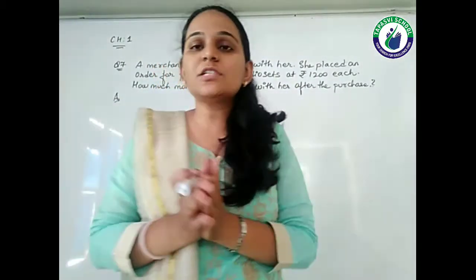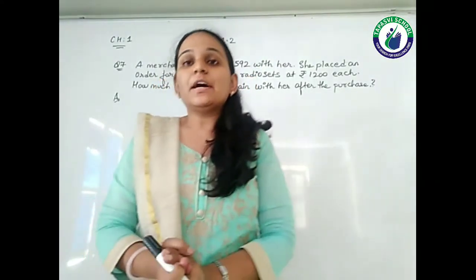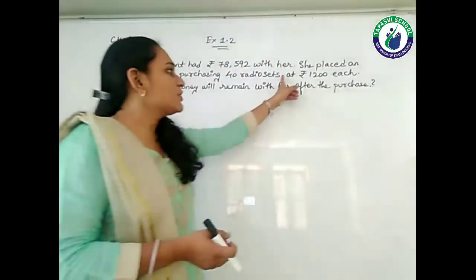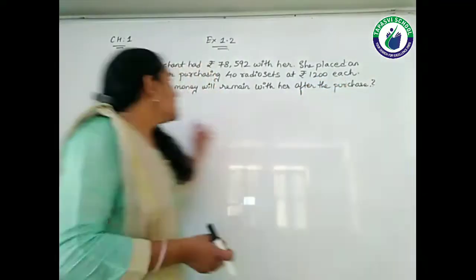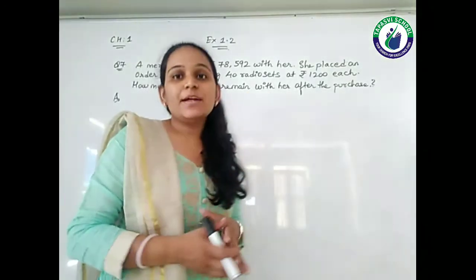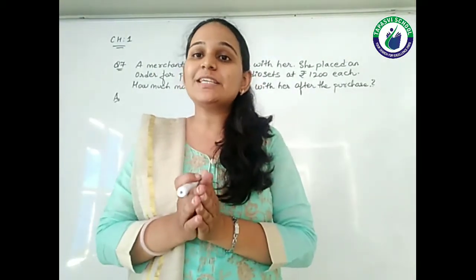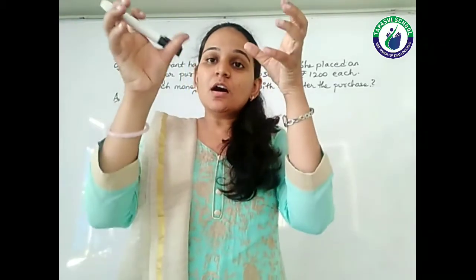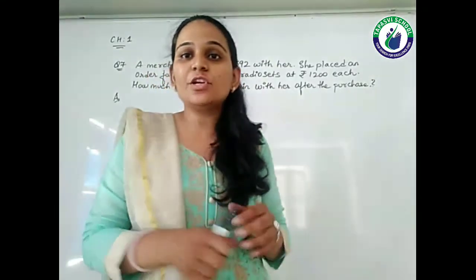Now from that amount she is going to purchase the radio sets. How many radio sets is she going to purchase? 40. Now first of all you should know the cost of one radio set. It is mentioned in the question that the cost of a radio set is rupees 1,200 each. Now what they are asking us is, how much money will remain with her after the purchase. So first of all we should know the total cost of purchasing the radio sets. After getting that amount only can we subtract it from the original amount so that we can find the balance with the merchant. So let's see the calculation, students.